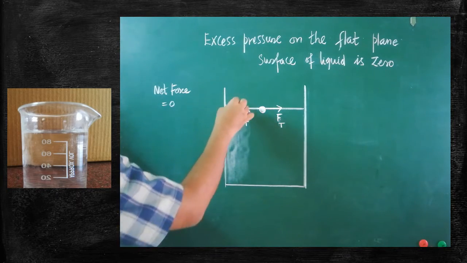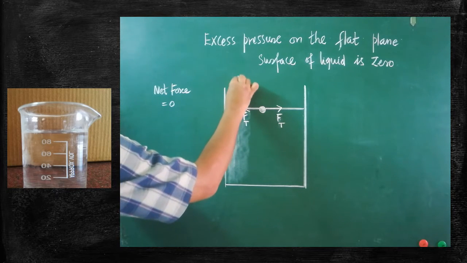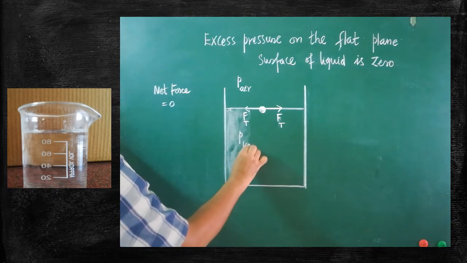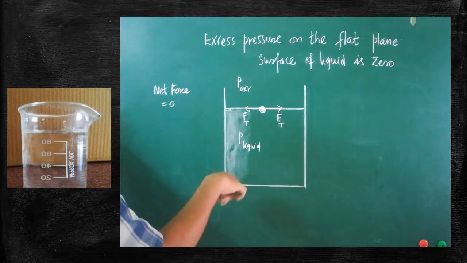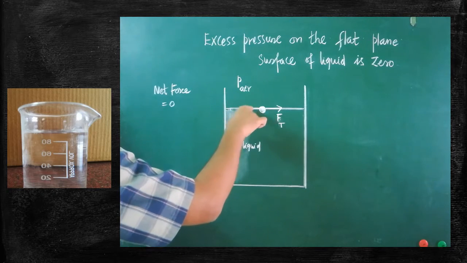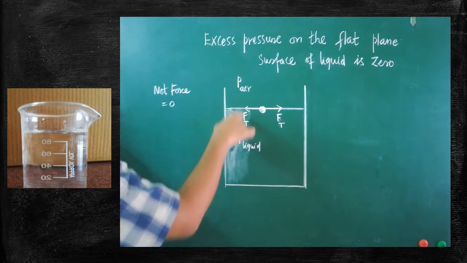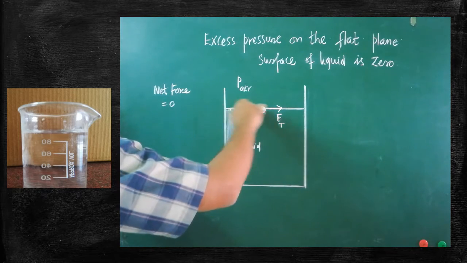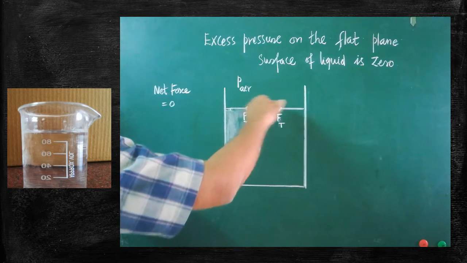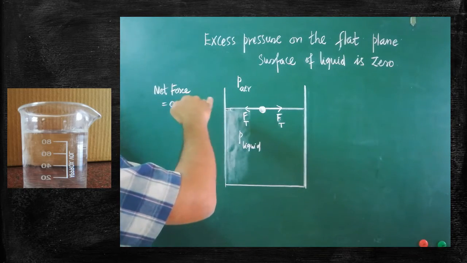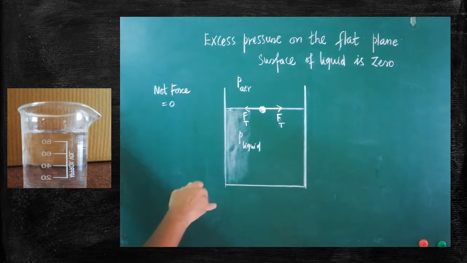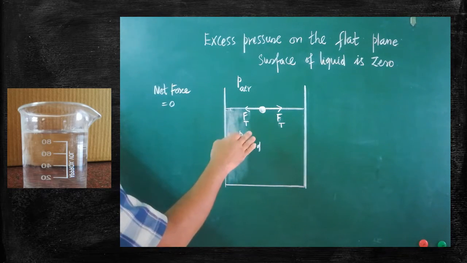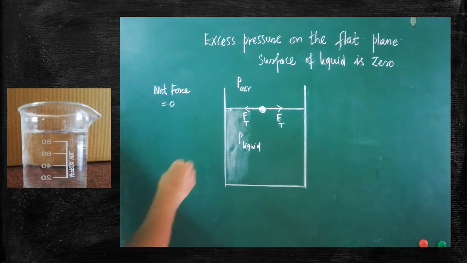And one more thing is the pressure here, the pressure due to the air medium and the pressure due to the liquid medium, both of them will be equal. Here also, is it clear? Both are equal and opposite. The pressure value on either side is also equal and opposite. So because of that, what will happen? The level of water or the level of liquid will be flat and it is plane in nature. Are you clear? So force due to surface tension on either side of the molecule will be equal and the net force acting on the molecule will be 0. Understood?